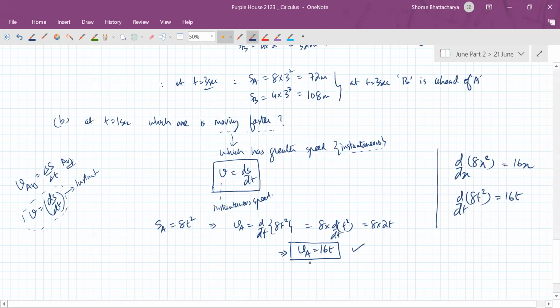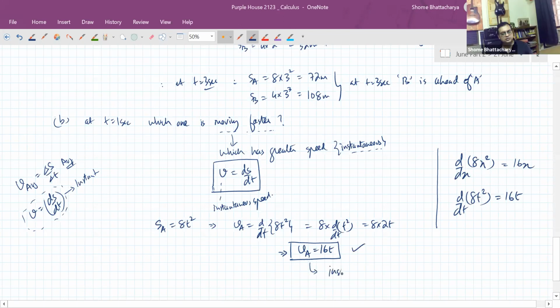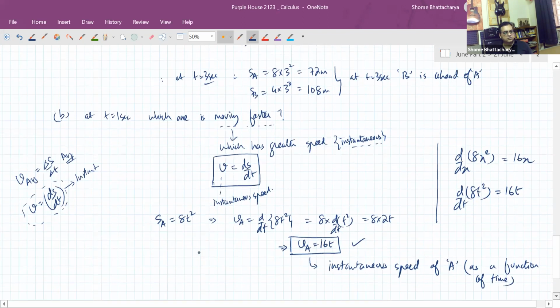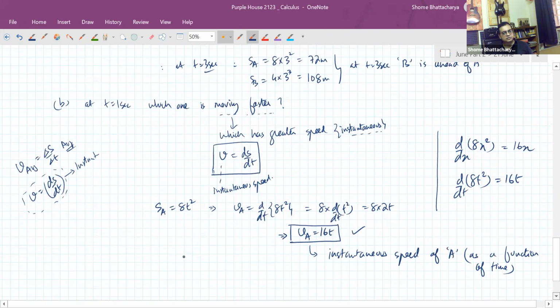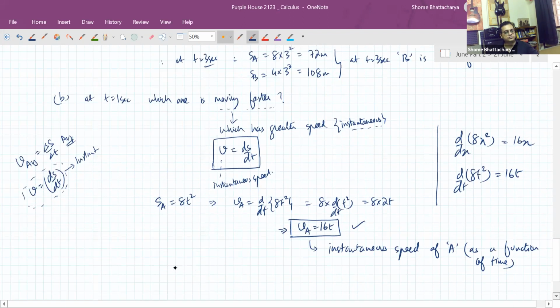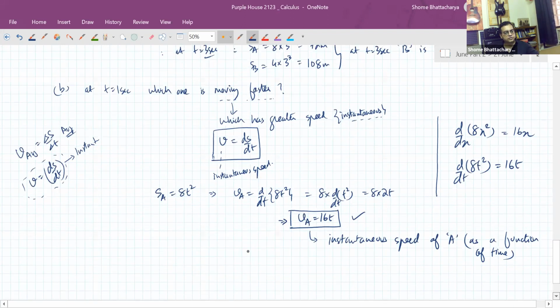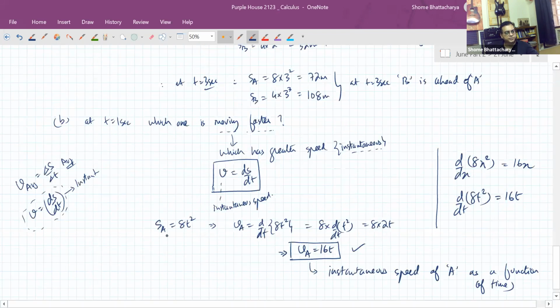Yes, sir. So this expression is what? This is the instantaneous speed of the vehicle A as a function of time. So it's giving me that at any time t, what is the speed of A? It is 16 times the value of that time. Okay. And similarly, B's displacement was given to me as what? It was given as 4t cube. Okay, so B's displacement